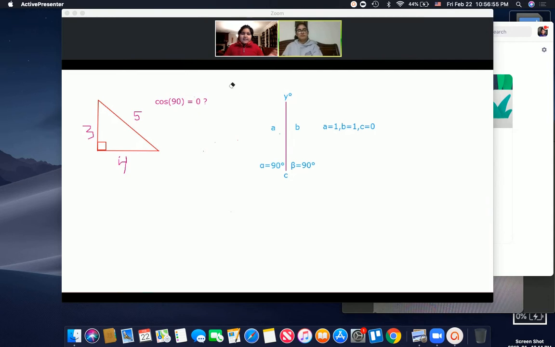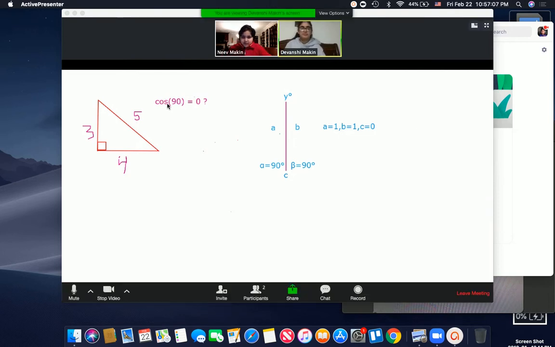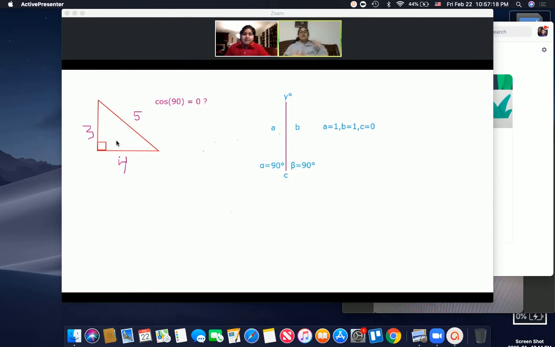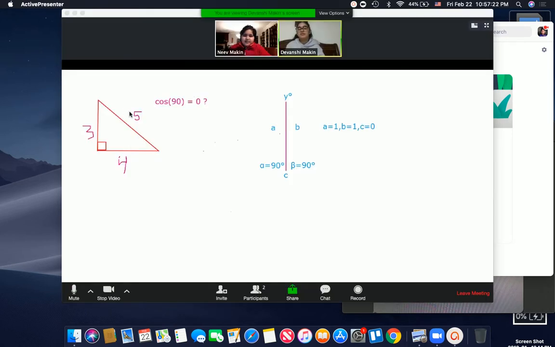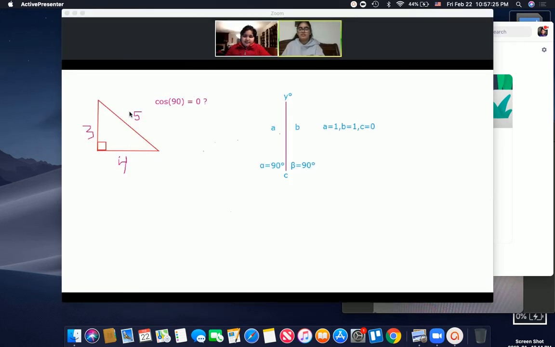And what is a cosine, Devanshi? So cosine is basically a trigonometric function that can be determined by a ratio. You can use a ratio of the adjacent side of a right angle triangle to figure out an acute angle by dividing the adjacent by the hypotenuse, basically. So that would be something like, in this case,